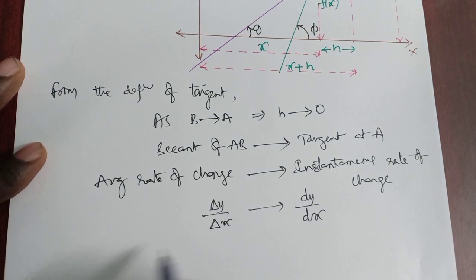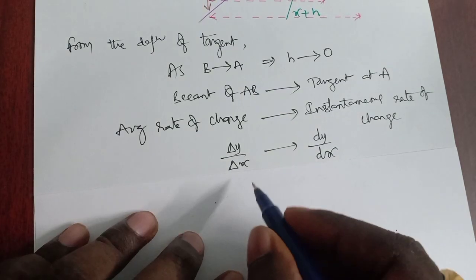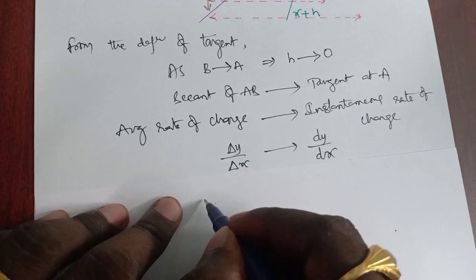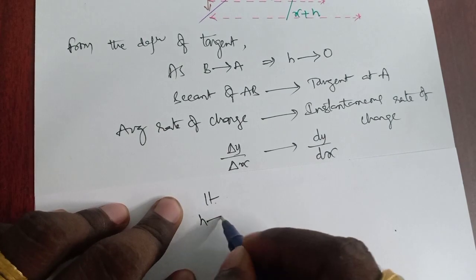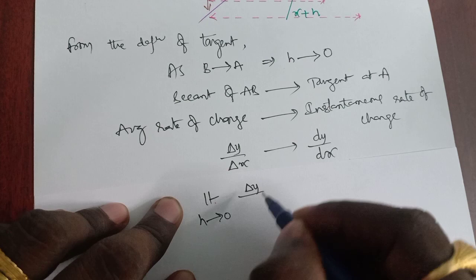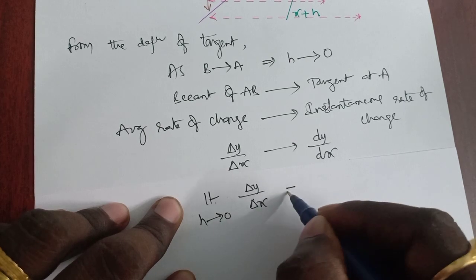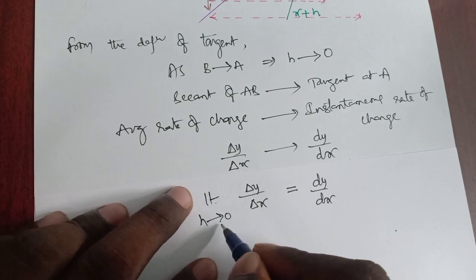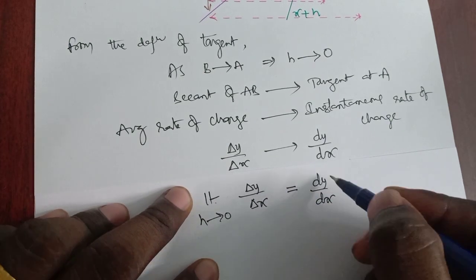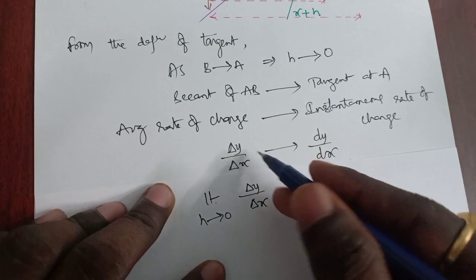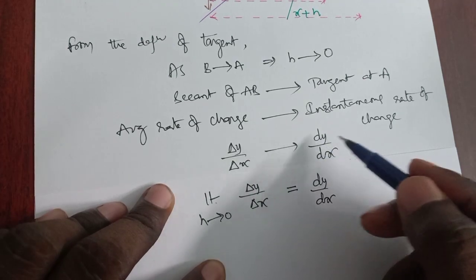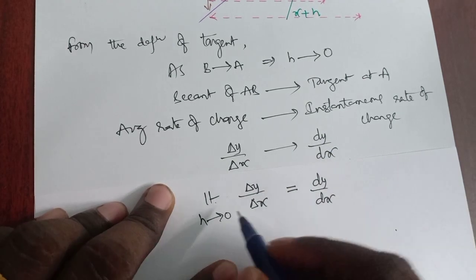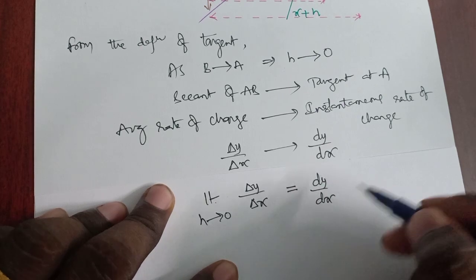So taking the limit on both sides, limit h tends to 0, delta y by delta x is equal to dy by dx. Why? Because I take the limiting position of delta y by delta x, which is dy by dx. When there is no limit, it approaches dy by dx. When I take the limit, clearly dy by dx,